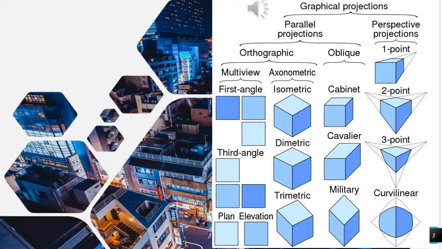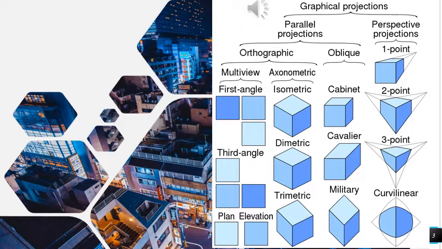With the help of this diagram, we can understand better and more clearly the different types of projection, what the difference is between all types of projections, how we can use them, and what the basic purpose is to create them. Over here, if we see, the top starts with graphic projection, which means scale drawings, technical drawings which we need on the paper, and all the details of the objects should be shown.